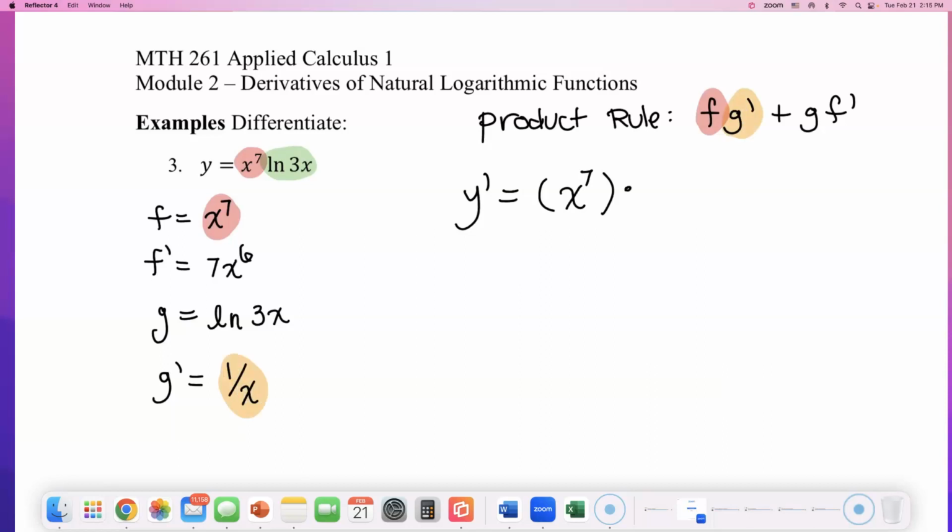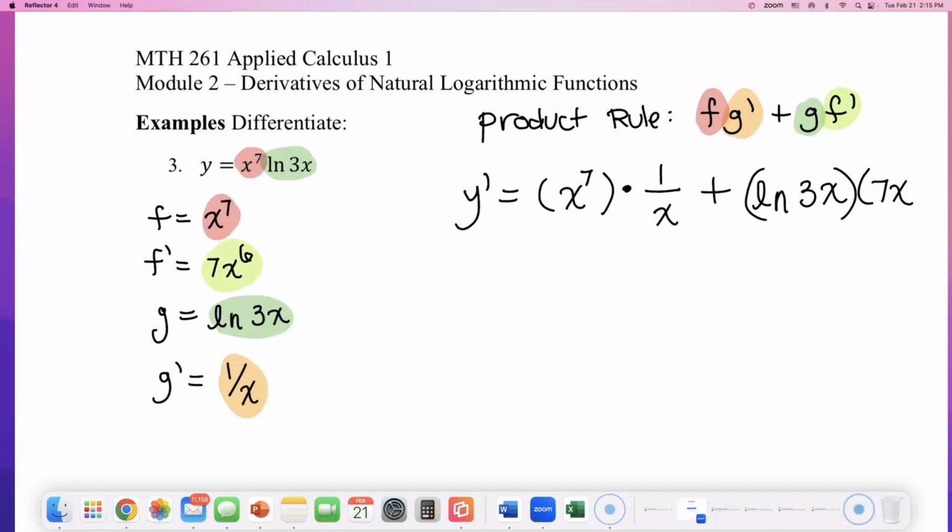So I'll put times 1 over x plus, I guess I can draw a parenthesis, or I don't have to, I won't. All right, what's next? G. G was this natural log of 3x. I'll write that down. ln 3x. We're multiplying this by f prime, and f prime is this 7x